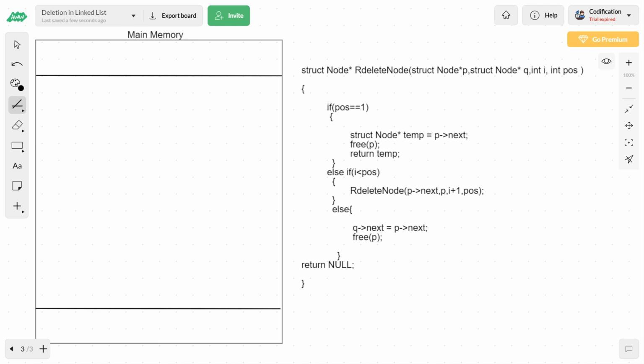The bottommost part is called the code section, where the executable binary form of the user source code will be stored. Then here, this is heap memory.